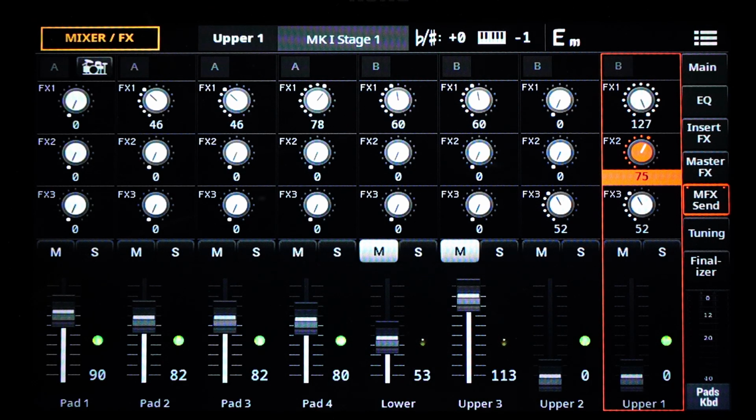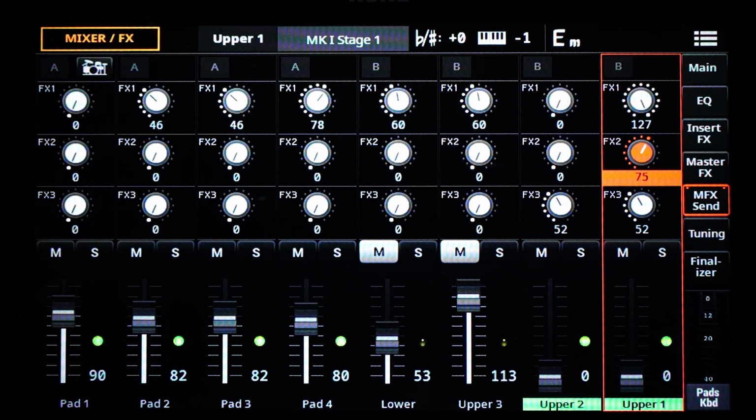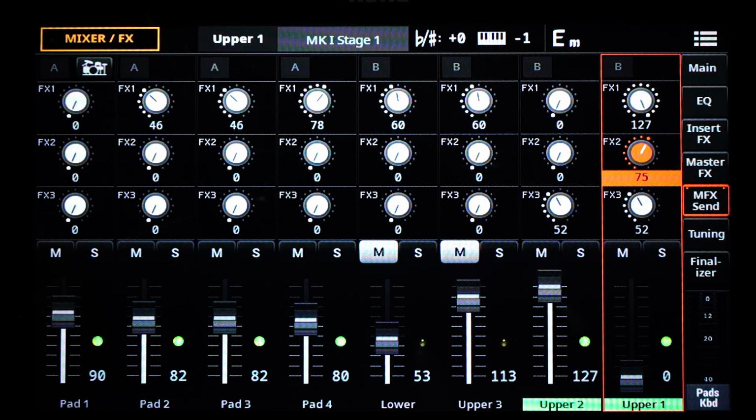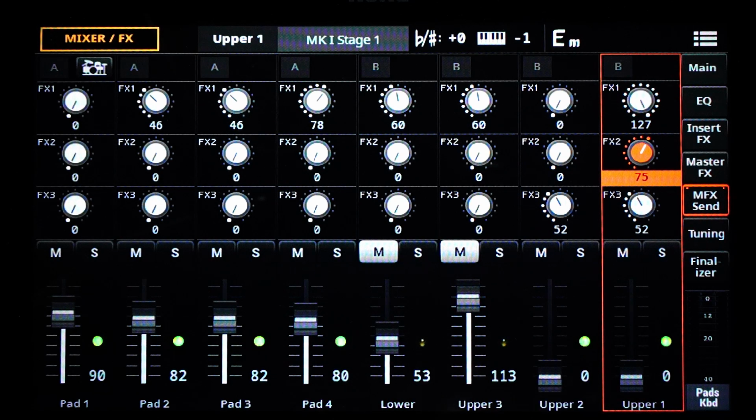Now you can see the sound difference between upper 1 and upper 2. So if I'm still just playing this E and I play upper 2, you have a little bit of reverb. But when I play upper 1,